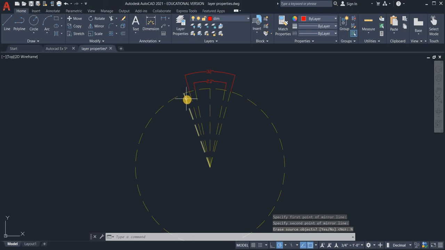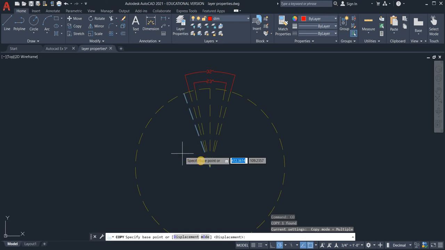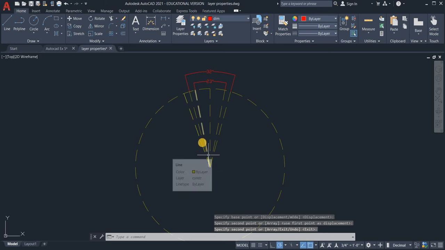Okay, so this is the first line that is going to go with my 79 degrees. So we can do the same philosophy that we applied earlier. I can copy this line, and I'm going to go back to the same spot for my base point. Okay, so you can see it's ready to paste, and I'm just going to paste it on top of itself one time. All right, hit enter to complete the command,